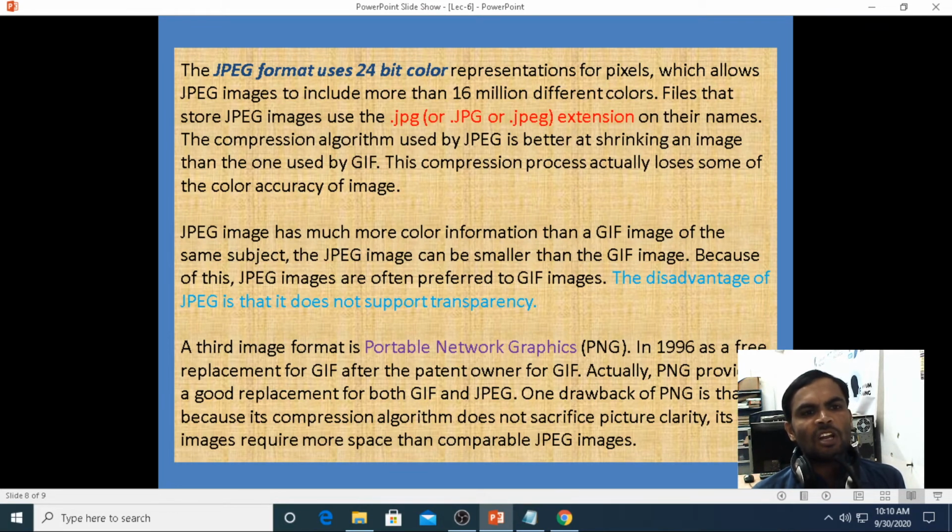The compression algorithm used for JPG is better at shrinking images. This compression process actually loses some of the color accuracy of images.